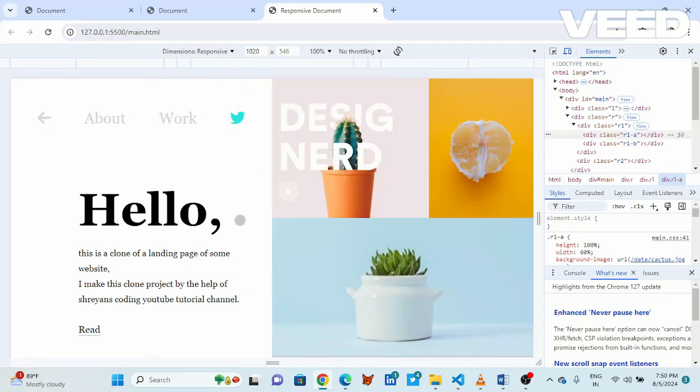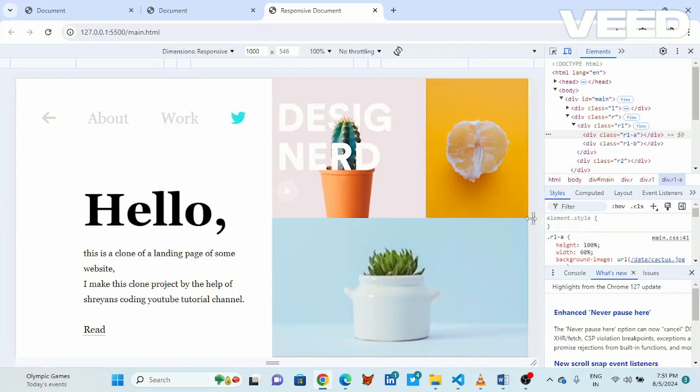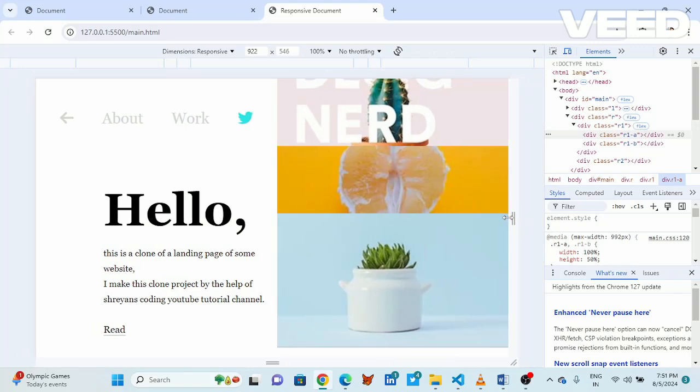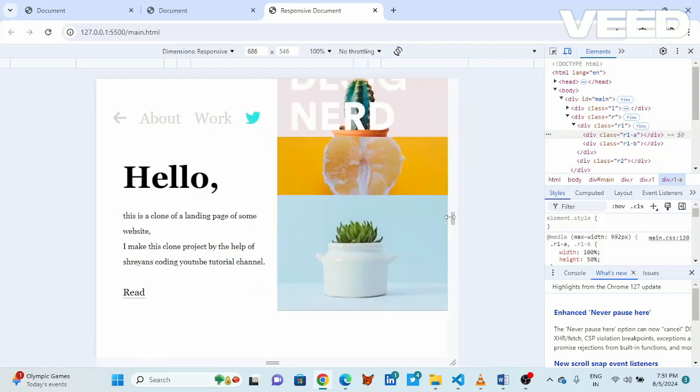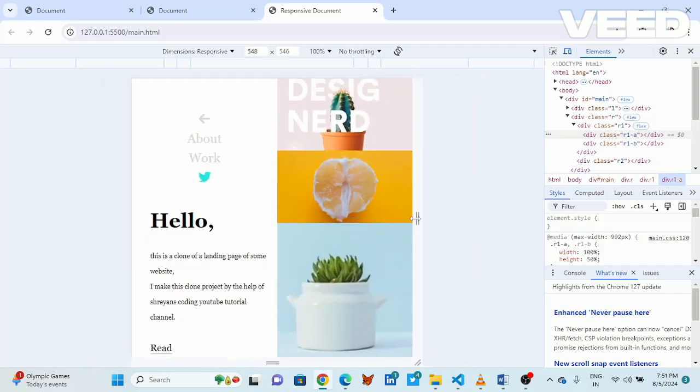On a large screen, the left section takes up 40% of the width, while the right takes up 60%. As the screen size decreases, the sections adjust accordingly, with the images stacking vertically on a smaller screen. See this.